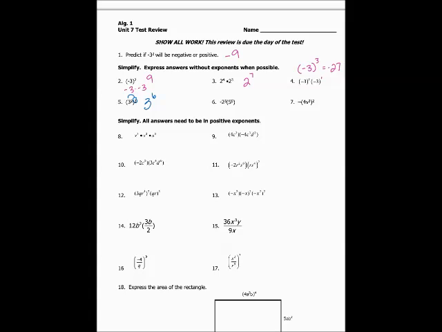On number 6, first thing I notice is that 5 to the 0 power, that is just 1. So a couple of things. If you want to put a 1, that's fine. I usually just cross them out because I know anything times 1 is whatever the other thing is. Then I have to bring down my negative, and then I can say 2 cubed is